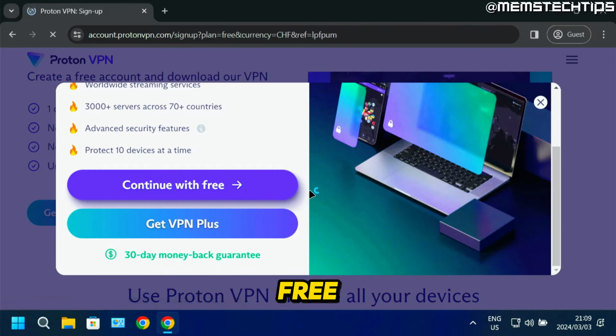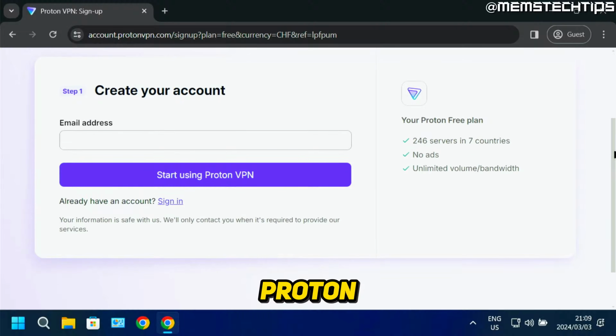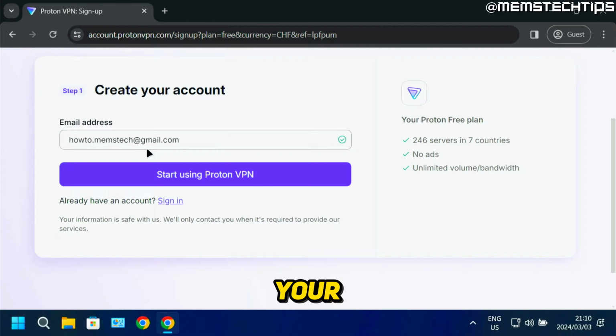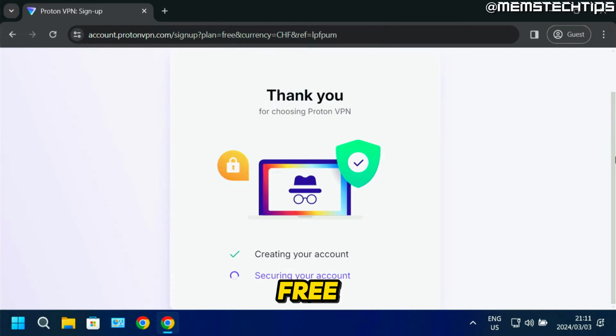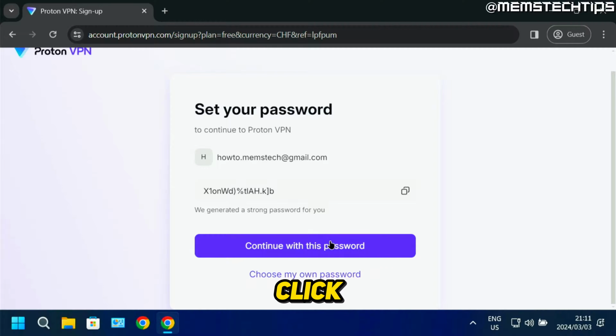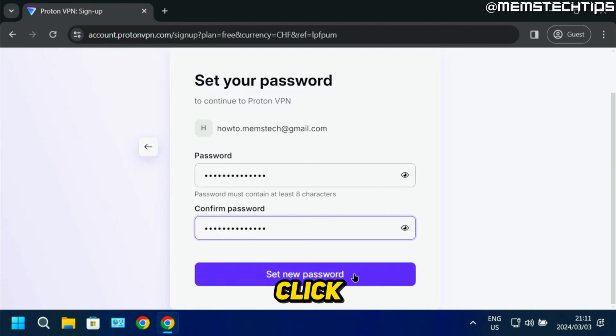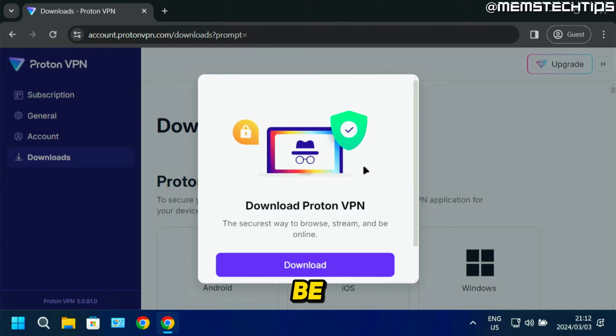Continue with Free. Now next, you'll need to create a free account with ProtonVPN, and first you'll need to enter your email address. Then you can click on Start using ProtonVPN. They'll create a free account for you, and then they'll also give you a password, and you can click on Continue with this password if you want to use that password, or you can choose your own. I'm just going to click on Choose My Own Password and then create a quick password here. Once you've created your password, just click on Set New Password, and then your free account will be created, and